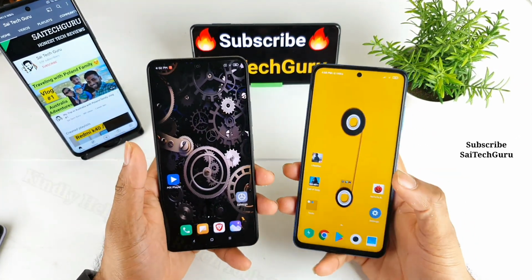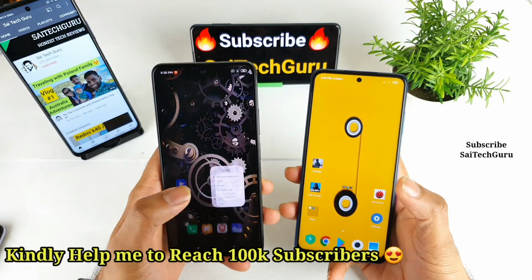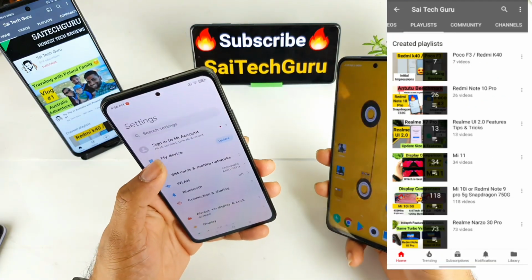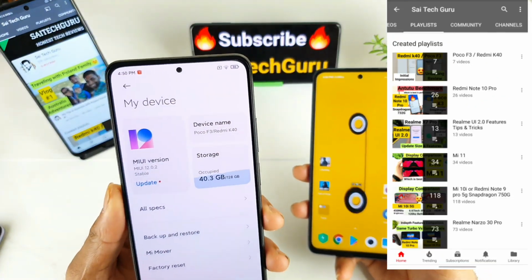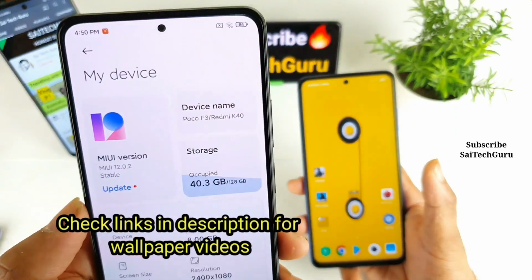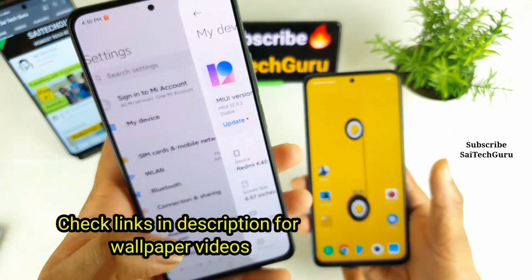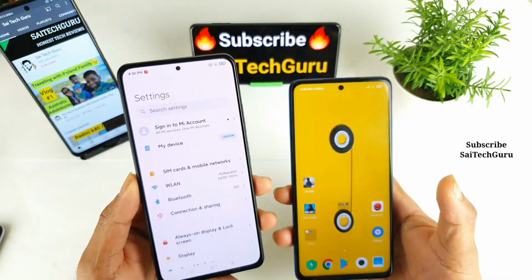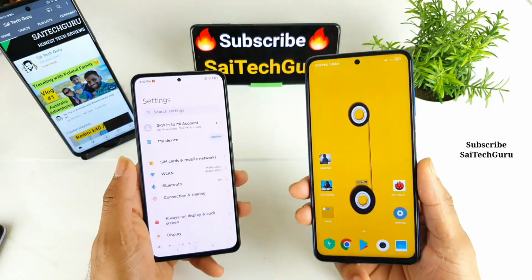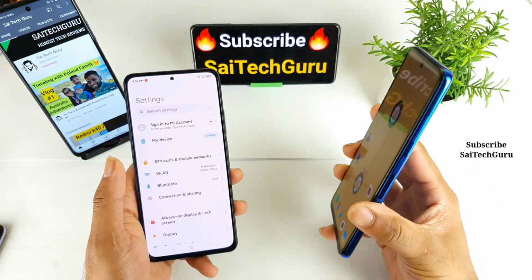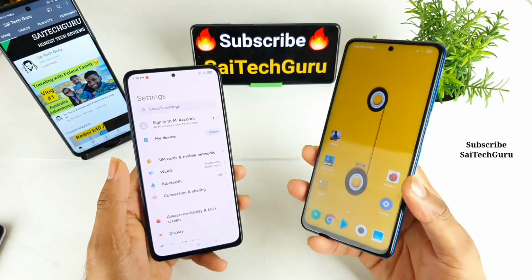Today we will do the display comparison between the Poco F3 versus the Poco X3 smartphone. Right now I am using the Poco F3, which is also called the Redmi K40 device, as you can see. Both phones have the same kind of naming and all the specifications. So let's see, friends, what the display capabilities of the Poco X3 are versus this